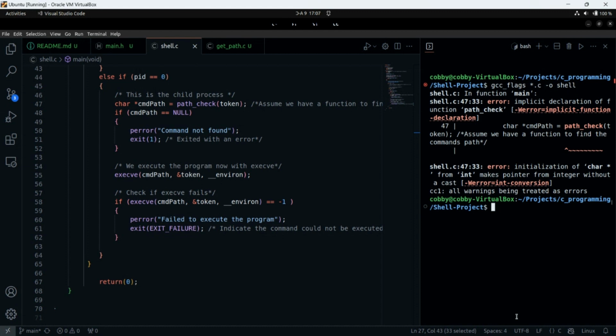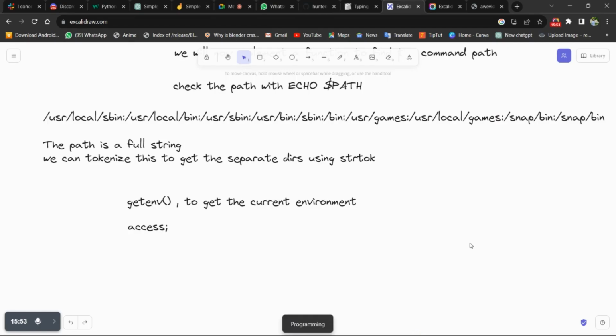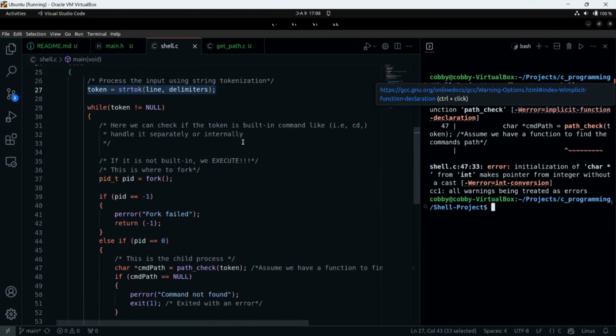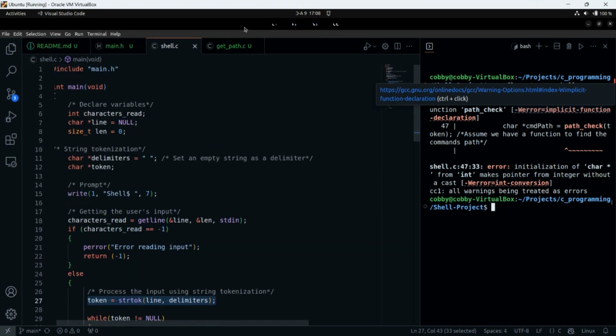Good. So guys, we are having an implicit declaration of function path check. What does it mean? Even after defining it, we have an implicit declaration. What could be the problem? I need your responses and contributions now. Okay. Hello. We've not put the declaration in the main.h file. Good, good. So that is the problem with this, right? So you solved our first bug. We've not put the declaration in our header file.